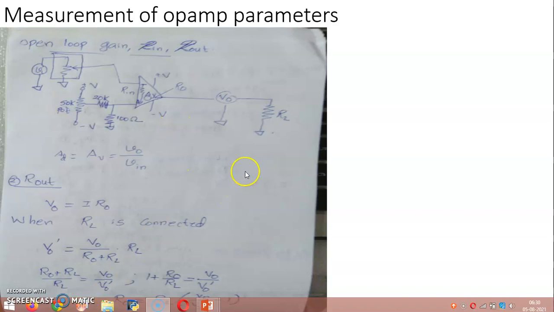Now let's consider the measurement of basic operational amplifier parameters. These measurements are rather simple experiments. You just have to show your concern about the arrangement of the measurements, and it's a silly topic too. But from the examination point of view, they are used to have an essay question from this module in this manner. The question may be like this: discuss any 6 operational amplifier parameters and illustrate the methods of measuring these